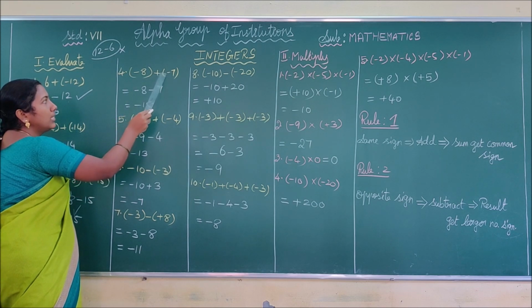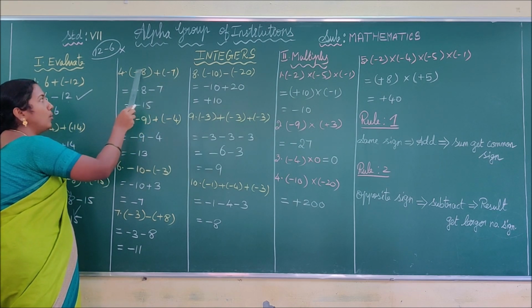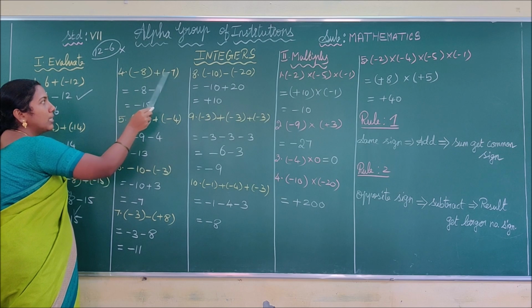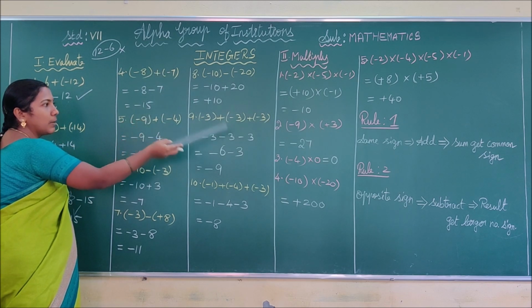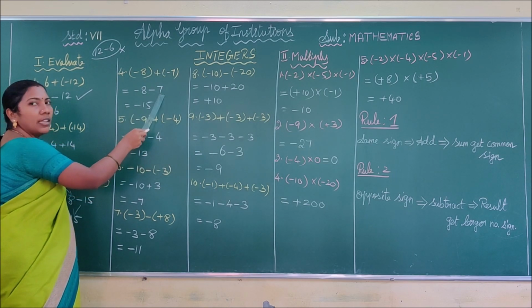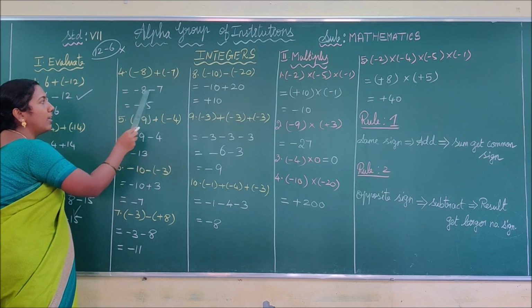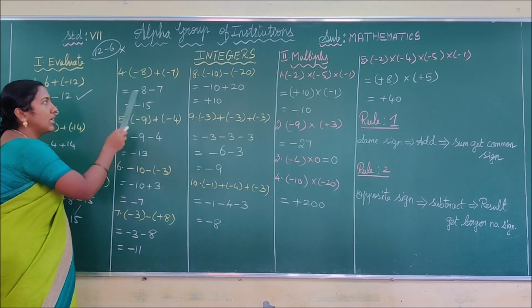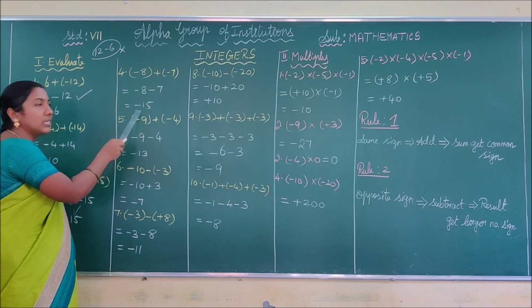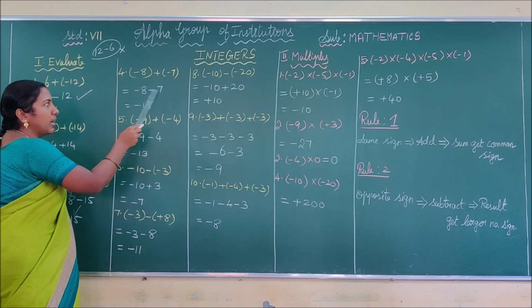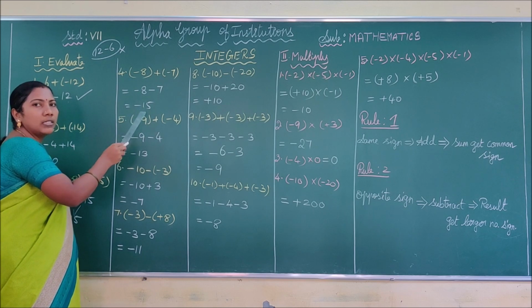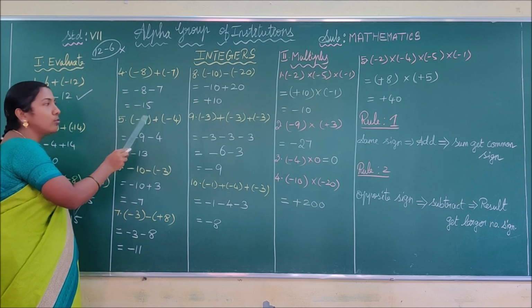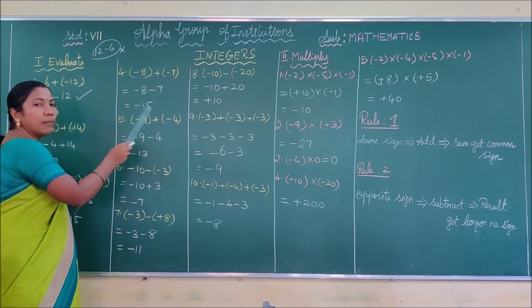Minus 8 plus minus 7. Now we are going to remove the bracket. Minus 8 plus into minus, minus 7. As per the rule 1, given integers are in same sign. So you have to add it. 8 plus 7 you get 15 and the sum takes the common sign minus. Okay, don't write here plus. Here it is not the multiplication, plus minus into minus plus. Here the process is addition and subtraction. So you have to use the common sign. Thus you get minus 15.